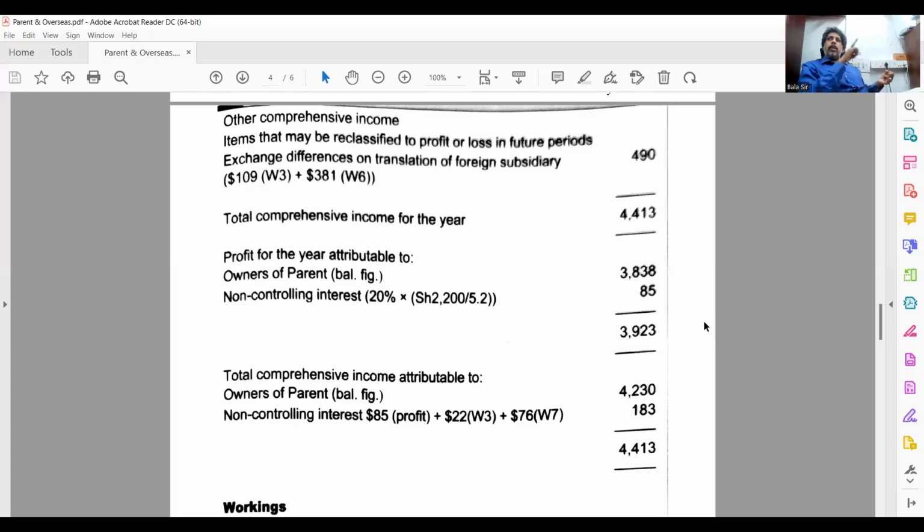So 85 plus 76 plus 22, how much? $183. That's NCI, and the balance will be $4,230 for the parent. That's all done. With that, you're done with this example. A very important